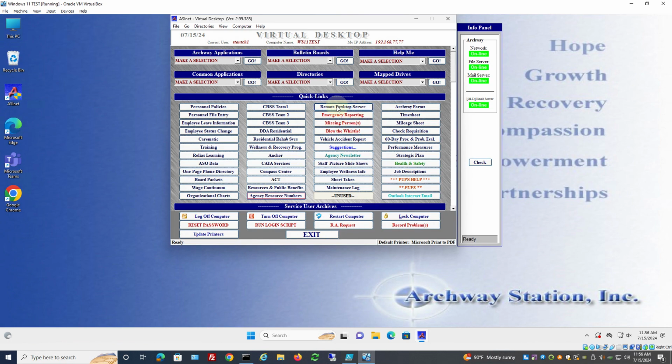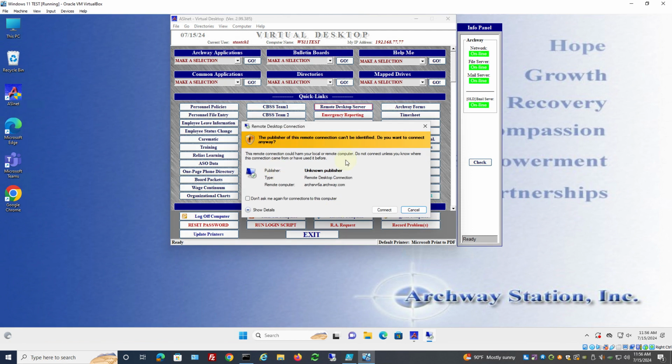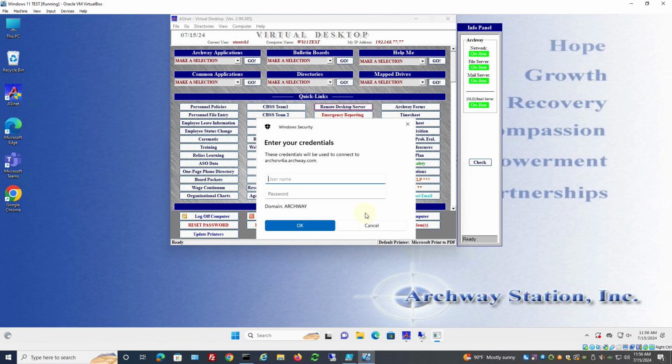Remote desktop server. This one's helpful if you're having a very slow network. You can click on this, and of course, again, you're going to want to say connect. You can even say don't ask me for it, and this nag screen won't come up again. When you hit connect, it's going to prompt you for your credentials, and then you're basically going to log into